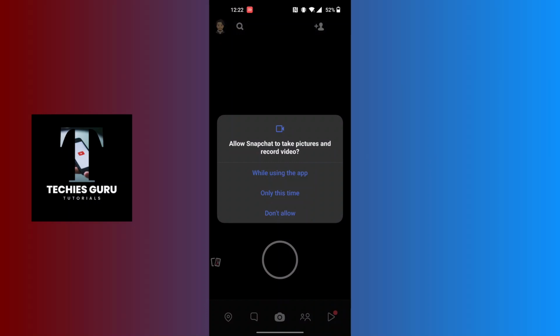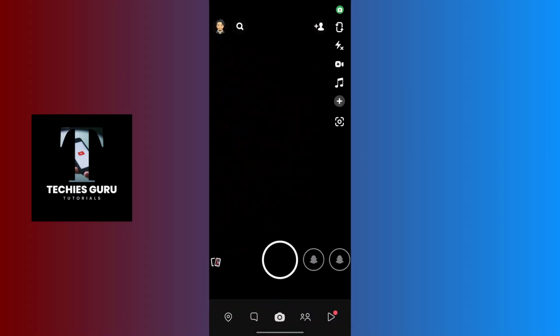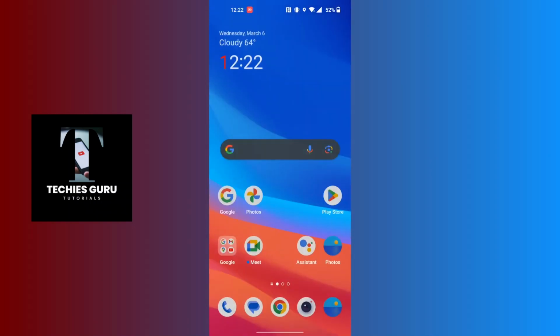Either you want the camera to be accessed from Snapchat while using the app only, this time only, or don't allow for normally. Tap on while using the app and you will be able to access the camera on Snapchat. I've just covered my camera with my hand, so guys it's dark over here. One way is from here, and another, guys, if it's still not working, go to the settings of your phone,